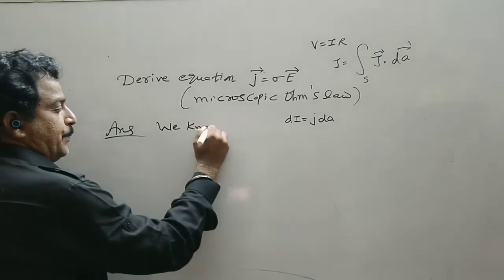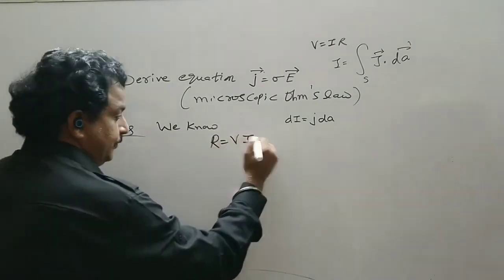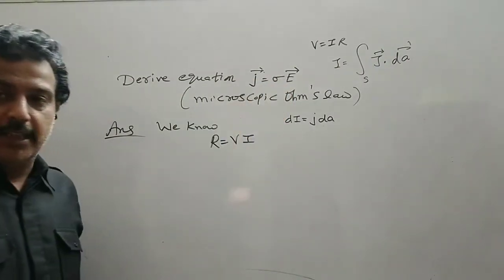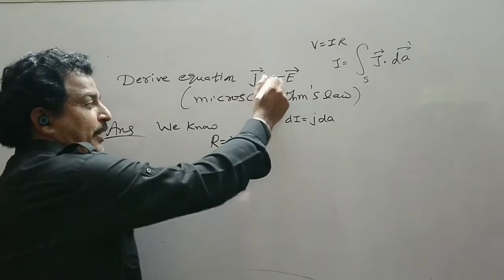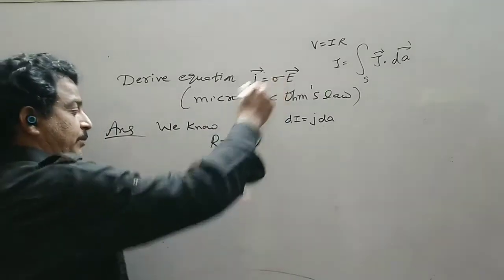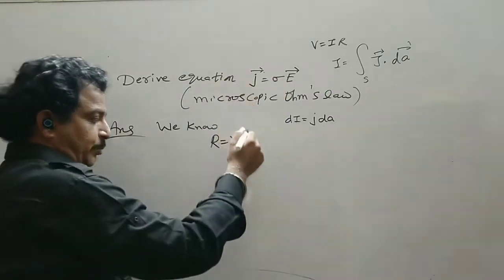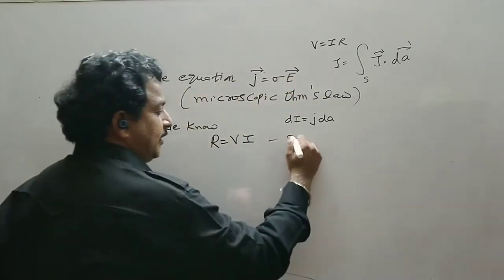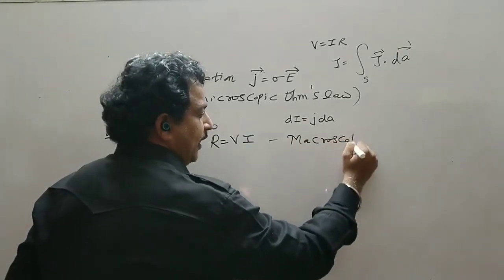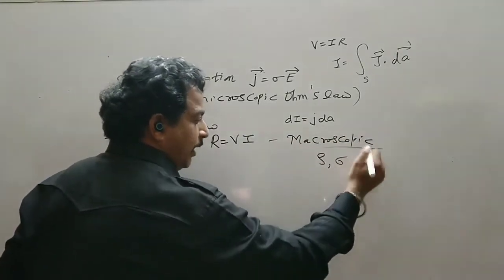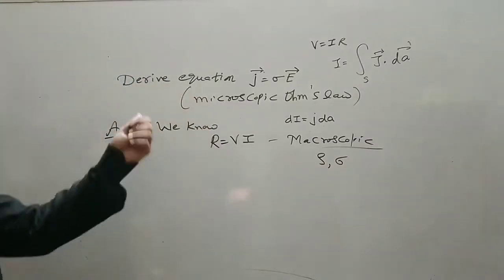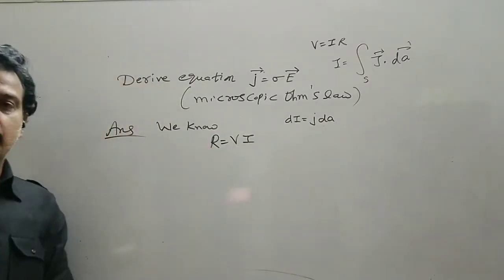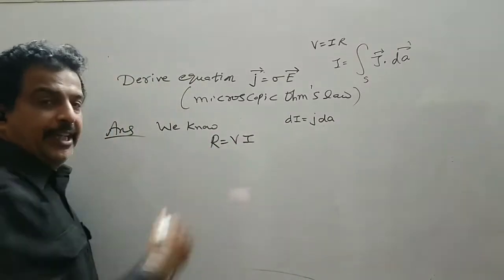We know that R is equal to V upon I. I have to bring this quantity sigma, that is the conductivity, so it should be the reciprocal of resistivity. Resistivity comes from R, J comes from I, E also comes from V. So we start with this. This is a macroscopic formula. And rho, sigma, and current density are the microscopic quantities for this branch. So I started with R is equal to V upon I.